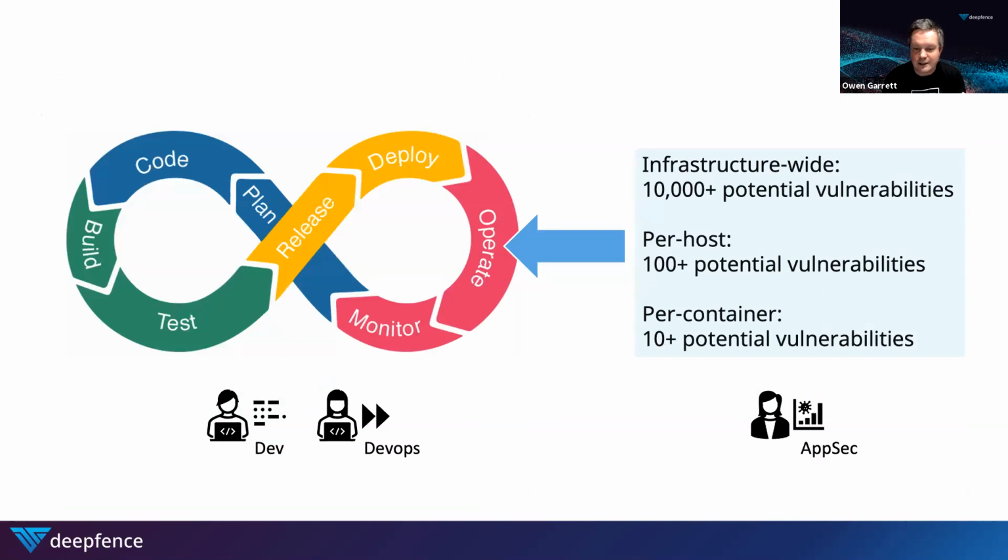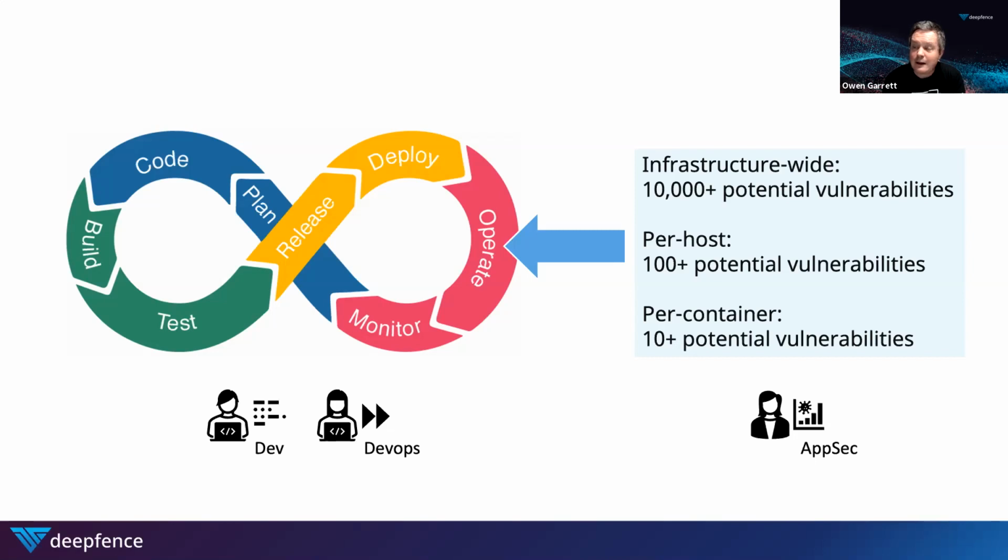On the left-hand side, Dev and DevOps are looking to accelerate the DevOps infinity loop, to iterate as quickly as possible, to develop, test, release, deploy, and then iterate back again to develop new capabilities. And on the right-hand side, the application security team are sitting at the end of the pipeline with responsibility for the production systems, looking for vulnerabilities and weaknesses,